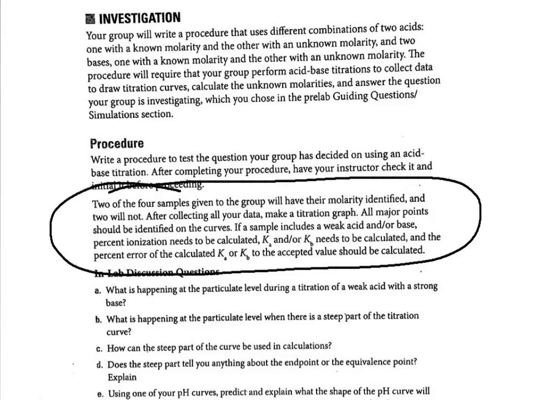It says after collecting your data, make a titration graph, which we just talked about. All major points should be identified on the curves. So on your graph, basically when you have a titration curve, if you're titrating an acid with a base, it's gonna look something like that. Depending on whether you have a weak acid or a strong acid, the curve may be steeper, the pH may start lower. It just depends. But the points I want you to label on your graph,